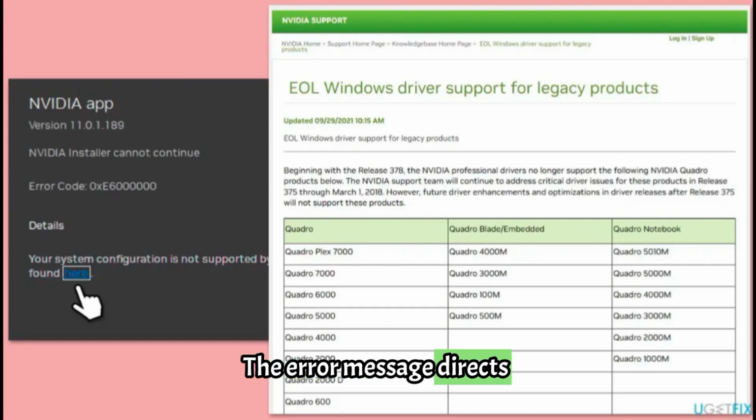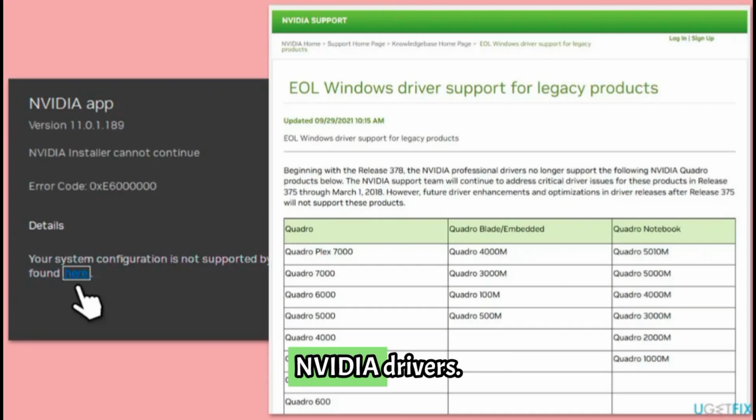The error message directs users to a page that supposedly lists supported hardware and operating systems. However, upon opening the link, the page actually lists unsupported hardware and configurations instead. This can be confusing because it makes users believe their hardware is supported when it might not be. If your graphics card is on that list, it means it is no longer supported by the latest NVIDIA drivers,